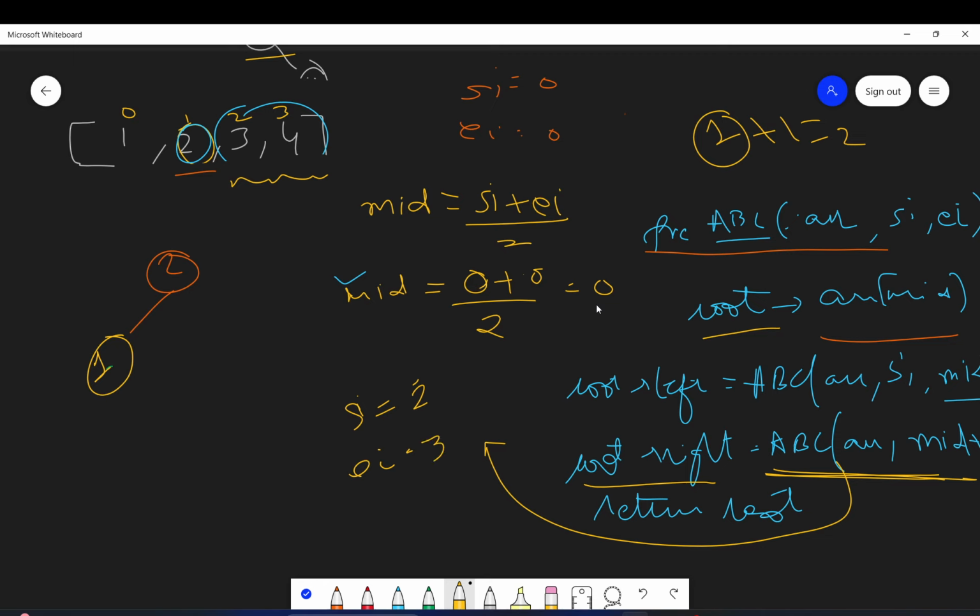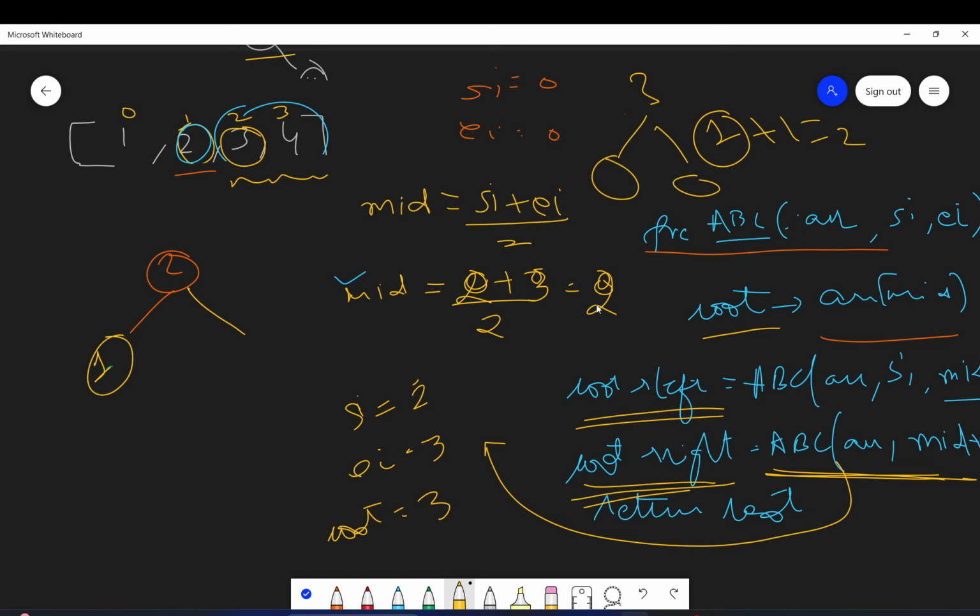So now mid will be 2 plus 3 by 2, which is 2. So the new root will be 3. And then we will make again the recursive calls for 3's left and right, which is nothing basically. So that will be null.